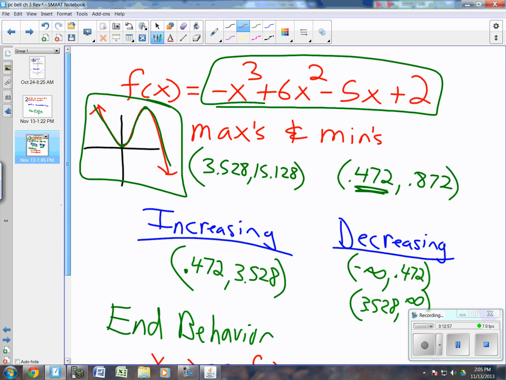No. You guys, you always use the highest degree term. Look, we can get this one by two ways. We can look at the highest degree term. Okay, all eyes right here for a second. If the highest degree term is 3 right here, which it is, then this is a third degree polynomial, so any odd degree is either going to go up one way and down the other way, okay? Now, does it go up to the right and down the left, or up to the left and down the